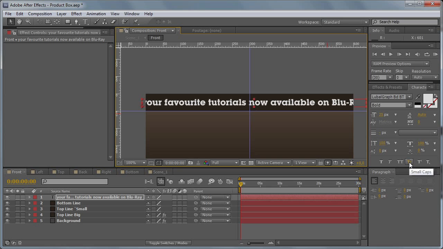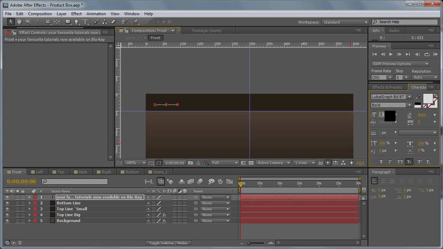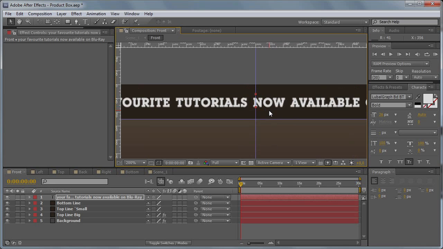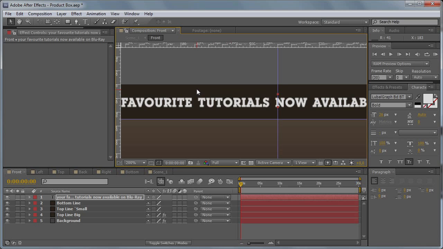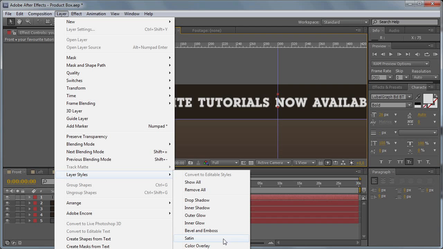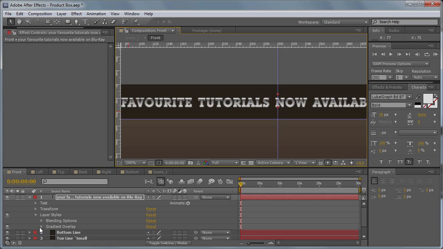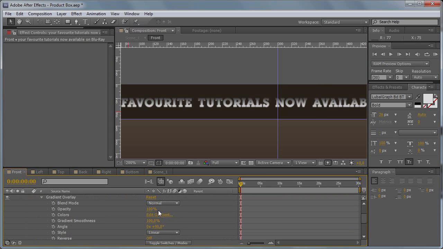and probably make the small letters to be capital using this switch, and maybe set the size to 28 or actually 26, and center this right here. And now let's play a bit with the layer styles. Come to layer styles, and choose gradient overlay. Come to the gradient overlay, edit gradient,